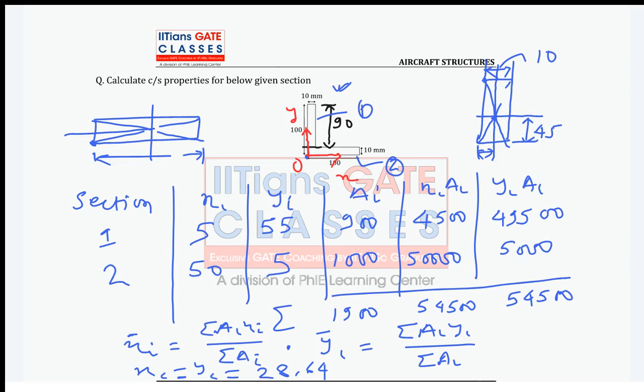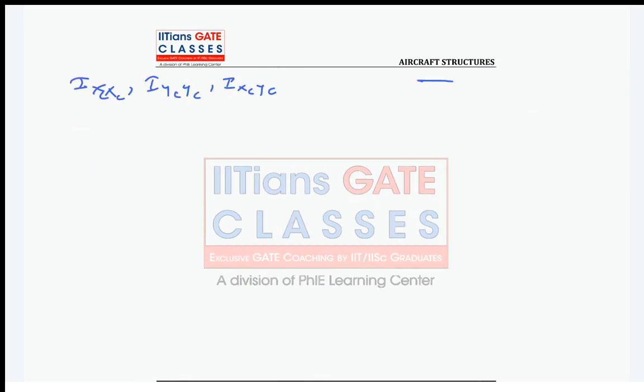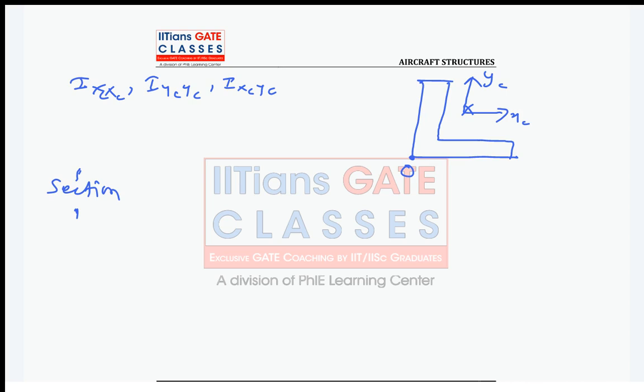Now, if you look at this section, you know the centroidal position from this point, right? Somewhere here, right? So you have to find your inertias about this XC and YC. So for this, again, you have to find first your section. Okay, section is 1 and 2, then Ixx, then Iyy,